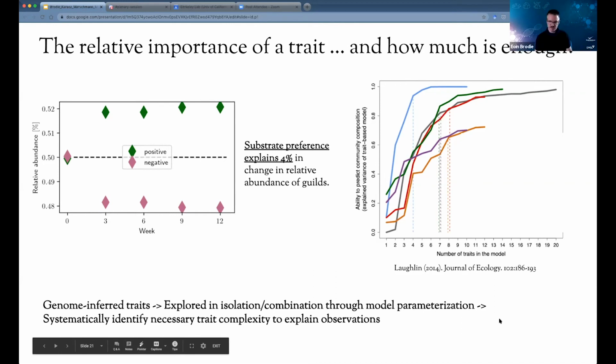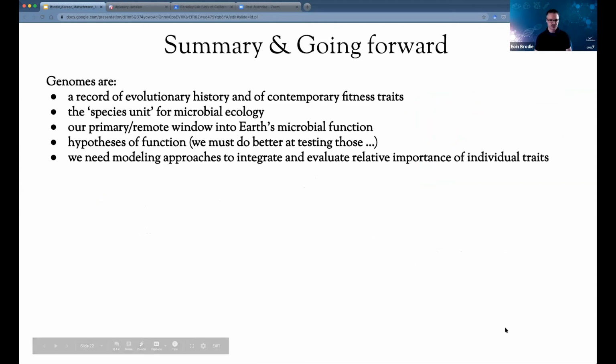Great, thanks, Gianna. And I just have a final wrap-up slide. I think one thing here, though, is that the signal seemed to say that substrate preference was everything. But when we explore that in a model scenario, looking at the quantified differences in kinetics, it really only explains a small amount of variance, which means we need to add more complexity, more traits into the model to be able to identify what are the mechanisms leading to these successional differences.